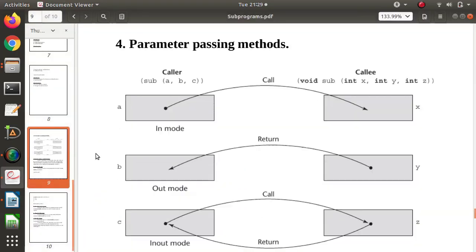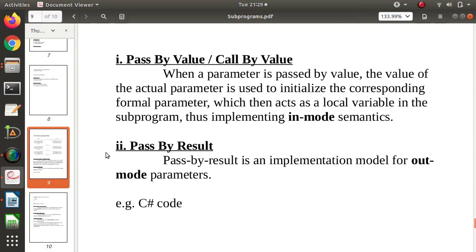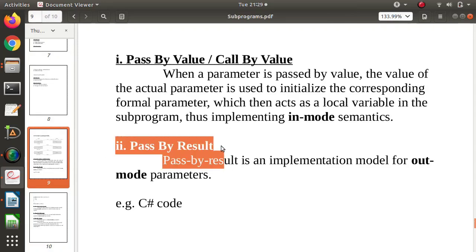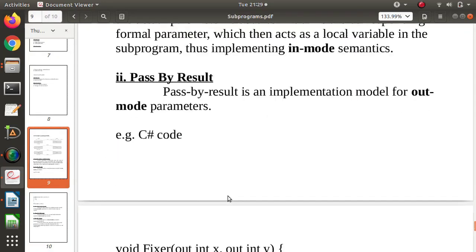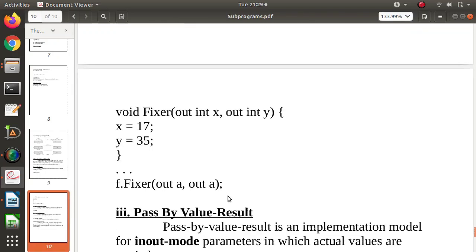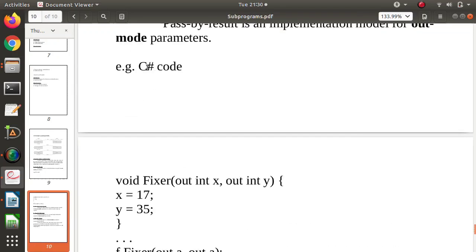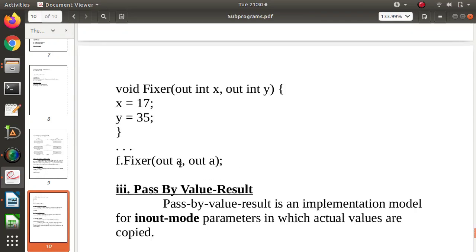Then second method is pass by result. Now what do I mean by pass by result? So look at this example. So this is the C sharp code. So here these values, whatever the result we got after the execution of subprogram, those values get copied back to this actual parameter.